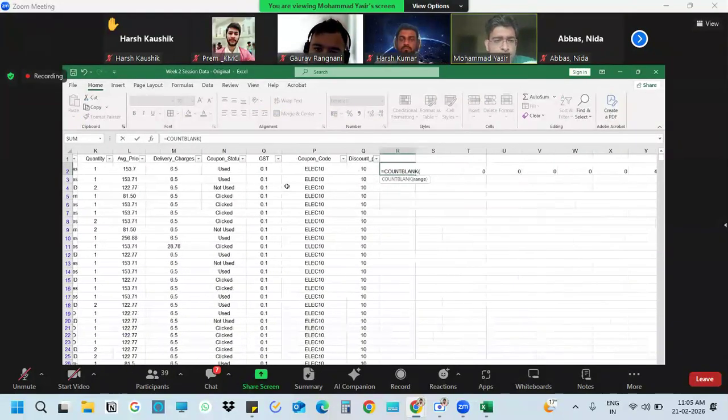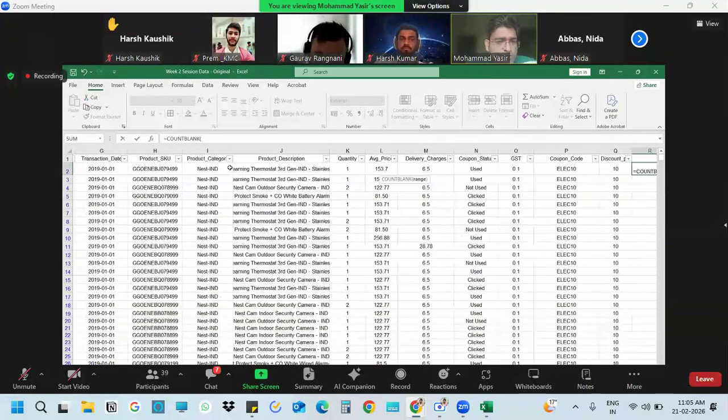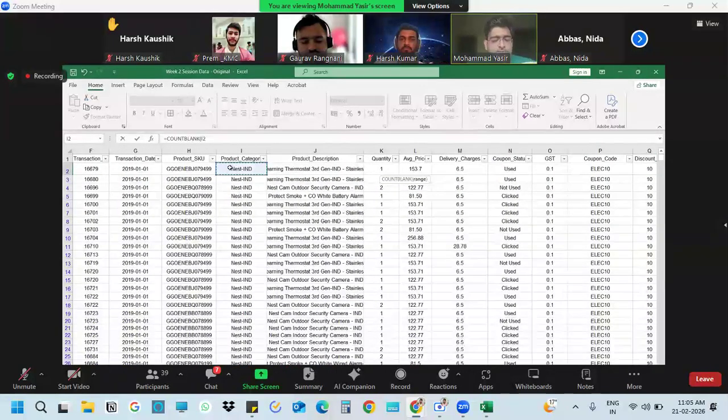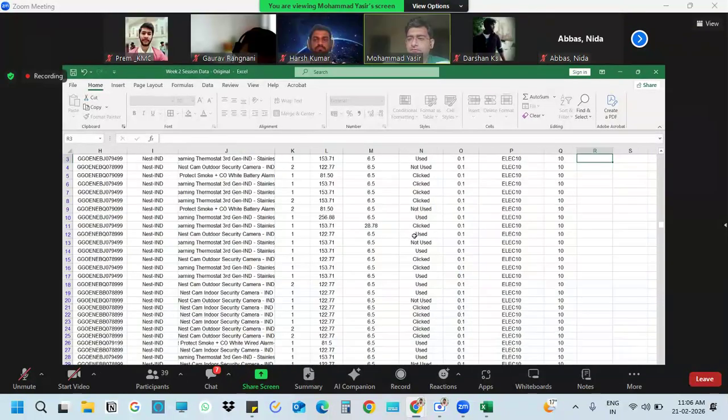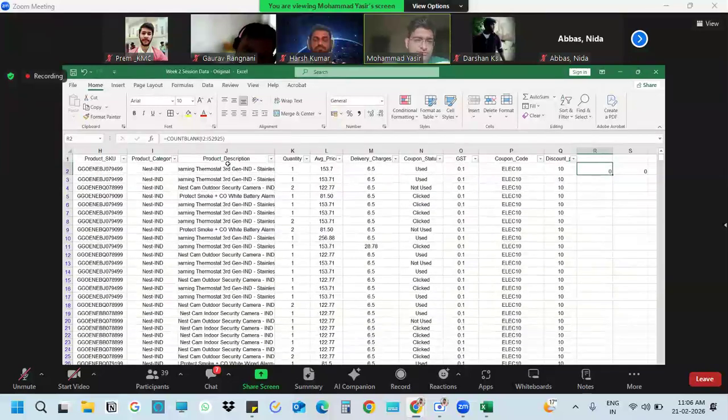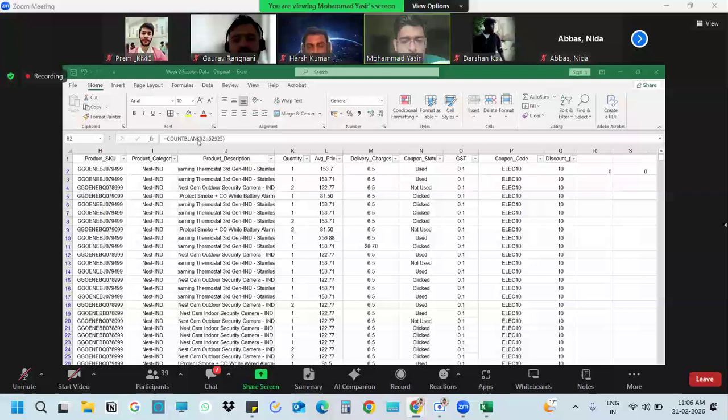I will go to the cell which I want to start with, and then I will press Control Shift Enter. So it will take me till the end of this data set, and then I will close. Right? Control Shift Enter after clicking on the first cell. Okay? Clear? Yeah, clear. Thank you, Sai.